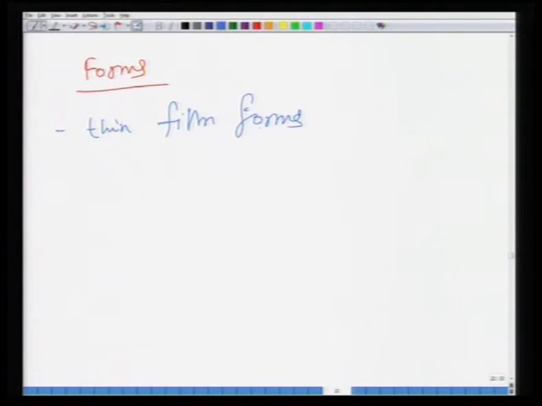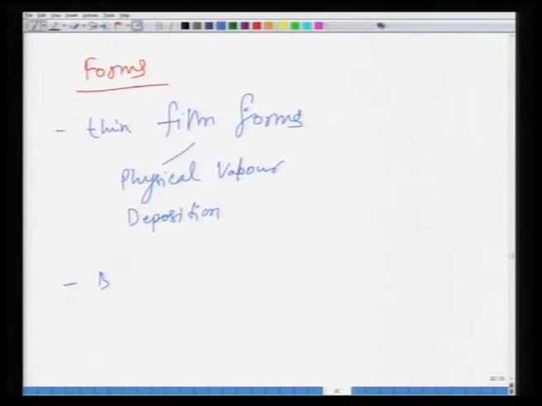Thin film forms can be made by a variety of techniques. You can use physical vapor deposition methods. Essentially, you take an oxide target which you either sputter or laser ablate onto the substrates lying under it, and as a result you can make thin films of YBCO for thin film applications. And if you want to make bulk forms,